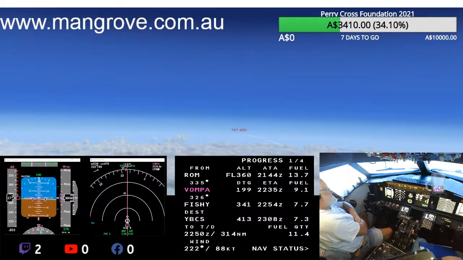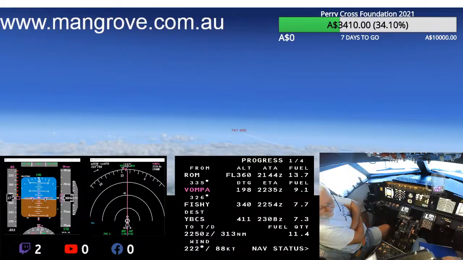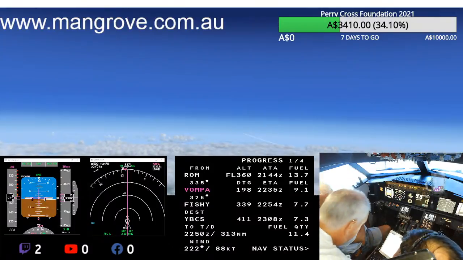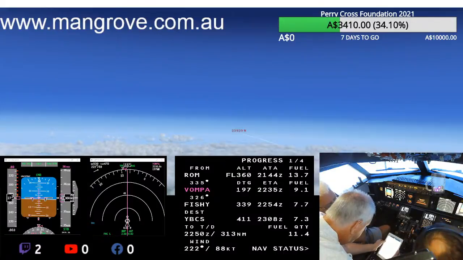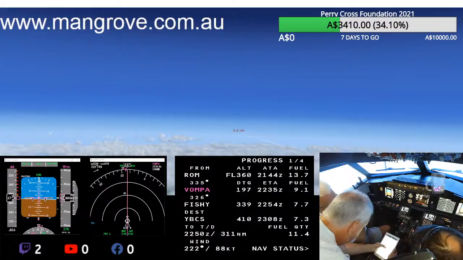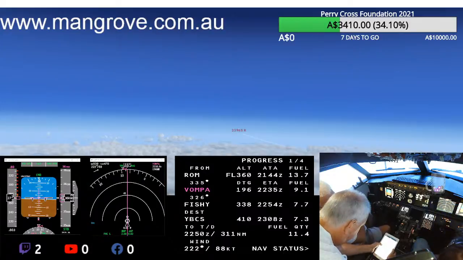Orbit 20 Tango for sequencing, turn right, heading 040. 040 degrees, orbit 20 Tango. Yeah, girls. There's your Congo line. Egypt Air 975 for sequencing, turn right, heading 040. Confirm heading for 975? Egypt Air 975, turn right, heading 040. Right, heading 040, 975. 1, 2, 3, 4, 5, 6.